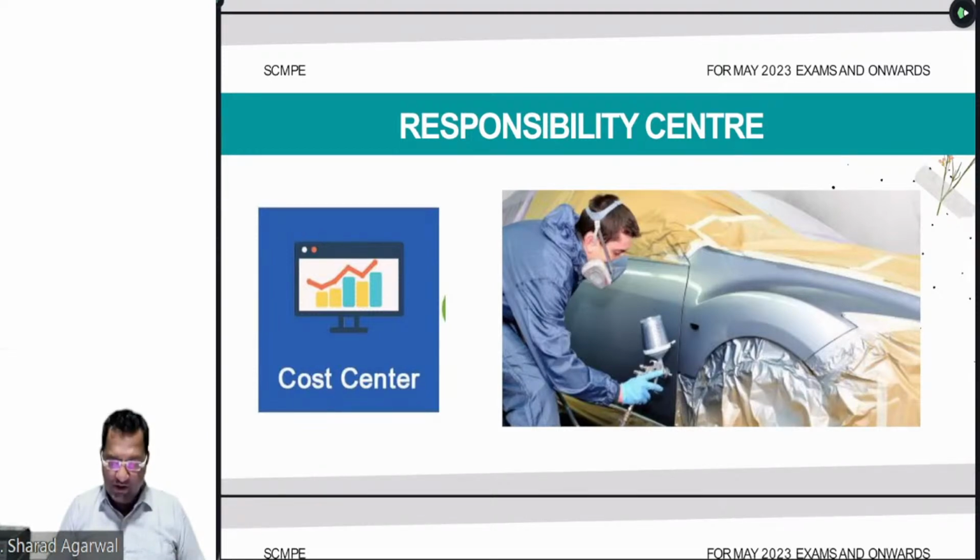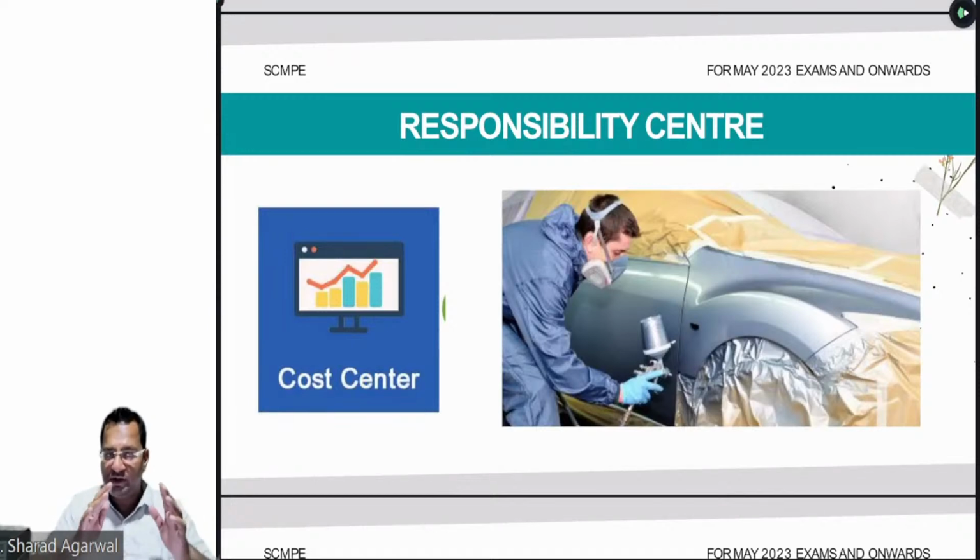What is your view about whether the cost center will focus exclusively on cost control, or whether it will focus on cost reduction as well? And whenever the word cost reduction is used, it means without affecting the quality and functionality of the product. Okay, Bhavin, Dikshesh, Bhaumik have answered it's cost control only, while Aniket and Rashmi have answered cost reduction also. And the correct answer is, beta, cost reduction also.